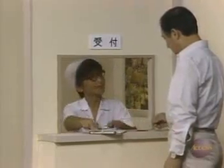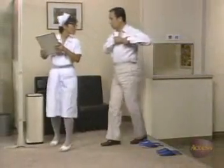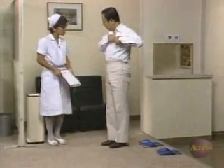Today we worked on 3 important new points. First of all, てください and でください。 すみません、スリッパを履いてください。